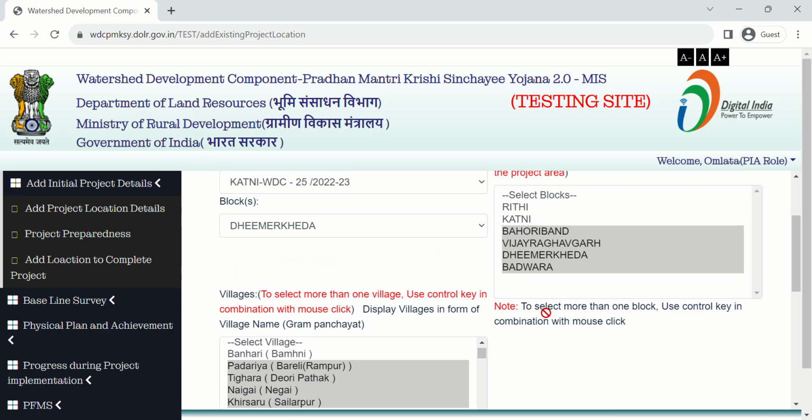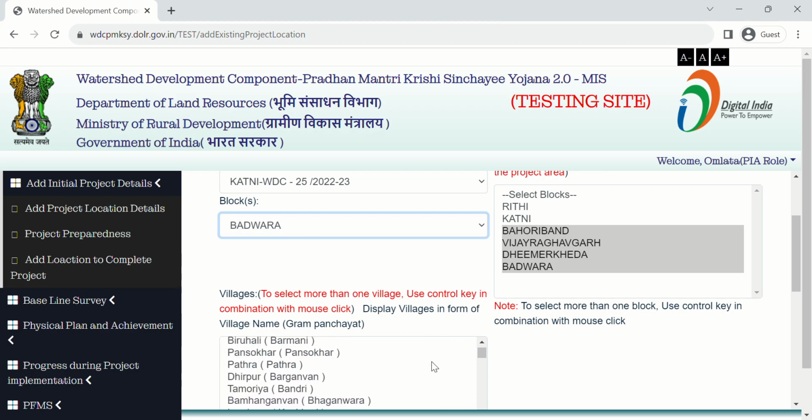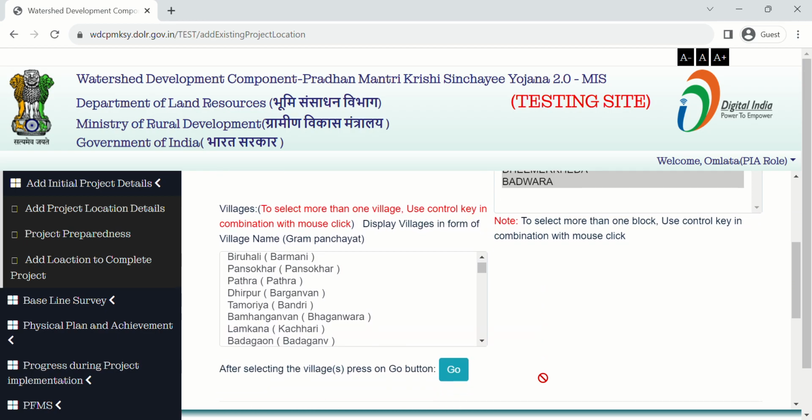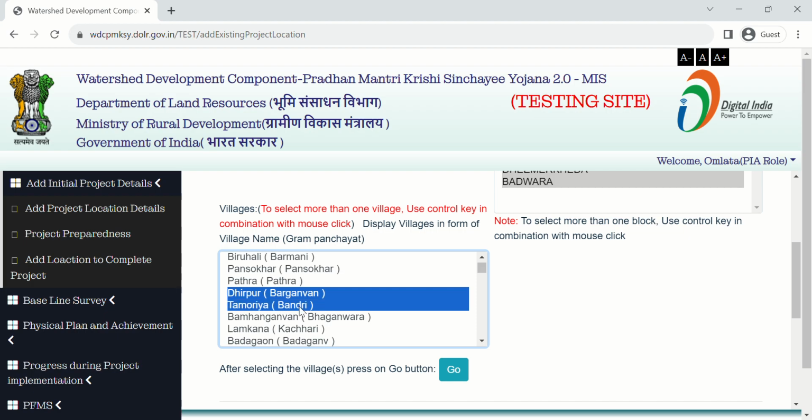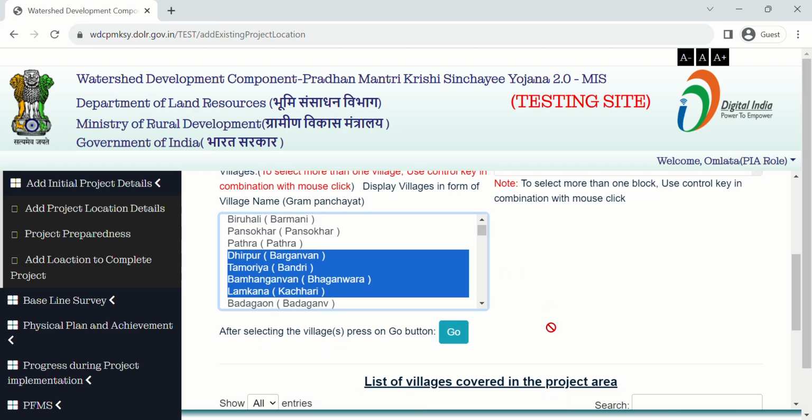If you want to add another block, then select the block name. After selecting the block, click the village from this drop down which are in the covered area. After selecting the village, press on the Go button.